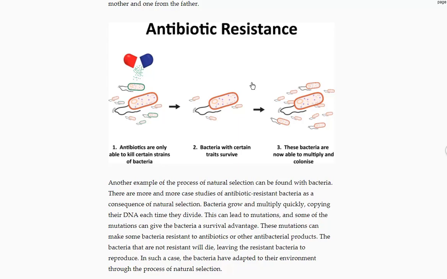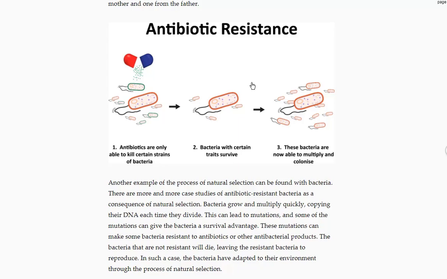When you first start taking the antibiotics, all of the weak bacteria are killed off really quickly. And then you start feeling better because most of the bacteria is gone. But what's left? The stronger ones, the ones that have some resistance. And they start to replicate again. And now all those bacteria probably have that stronger resistance. So now it can come roaring back if you don't finish your antibiotics. You've got to wipe out all the bacteria, not just kill off the weak ones and let the stronger ones